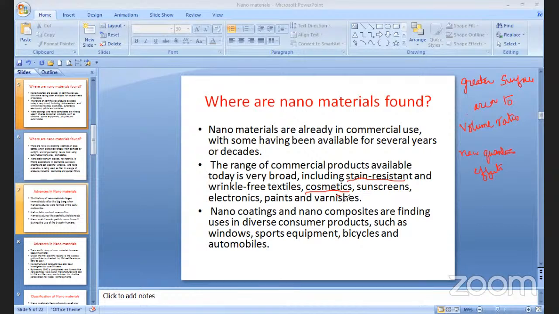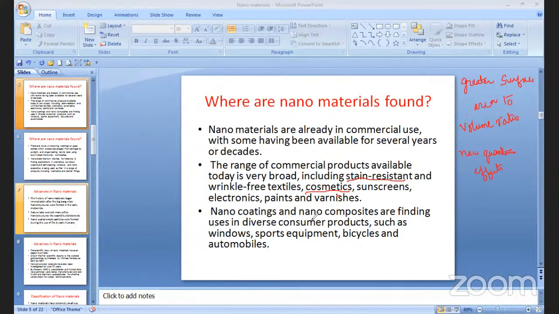Already we know that some paints available in the market are what we call dust-free paints. Dust-free paints means that even if dust falls on the wall, it will not stay on the wall, because we are using these nanomaterials, which do not allow the dust particles onto the paint. So that is the application in the case of paints as well as varnishes. And these nano coatings and nano composites are finding uses